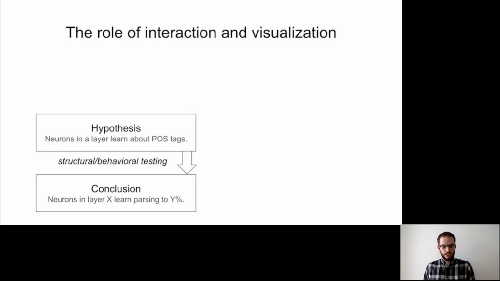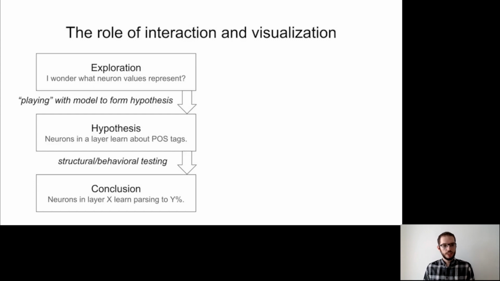Now, visualization and interaction can help you in two ways here. The first one is that you don't necessarily always start by having a hypothesis. By playing with the model, you can get an intuition of how a model is working and then form this hypothesis. For example, if you had the question in your mind, oh, I wonder what neuron values represent inside of a network, you may want to look at a